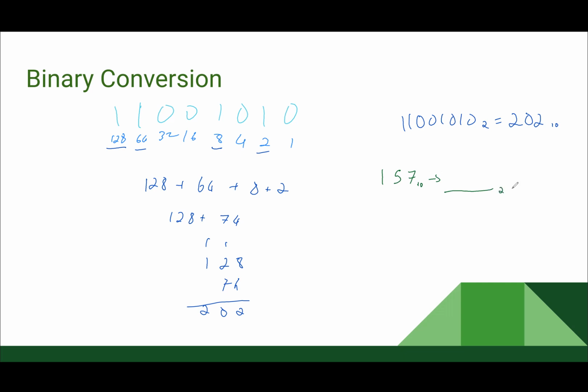So the way that we can do this is we can find the largest power of 2 that fits into here. So our next power of 2 is 256. So this power of 2 is too big. So the biggest power of 2 that fits into 157 is 128. So we will mark a 1 in the 128th place. And then we will subtract 128 from 157,